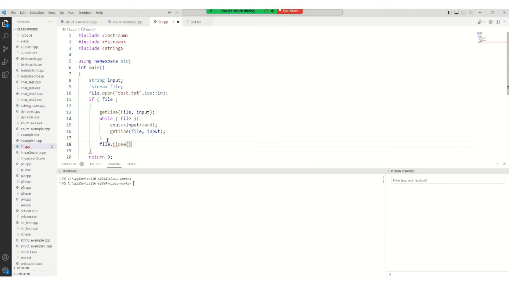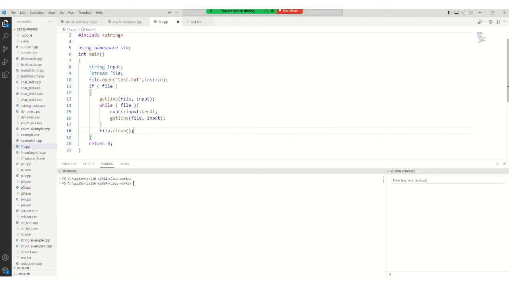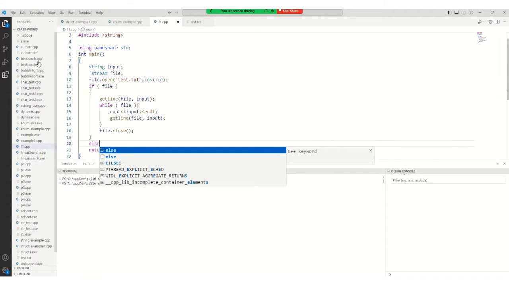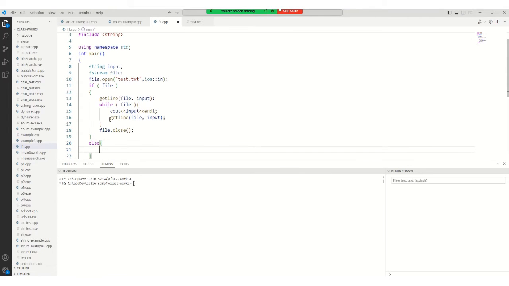What happens if we don't close the file? Then there will be memory overload, and ultimately this will be very costly. So we don't want to miss this file close statement. And ultimately, like we started with, if the file is open. If the file does not exist, you cannot open the file. So then with cout, you can say